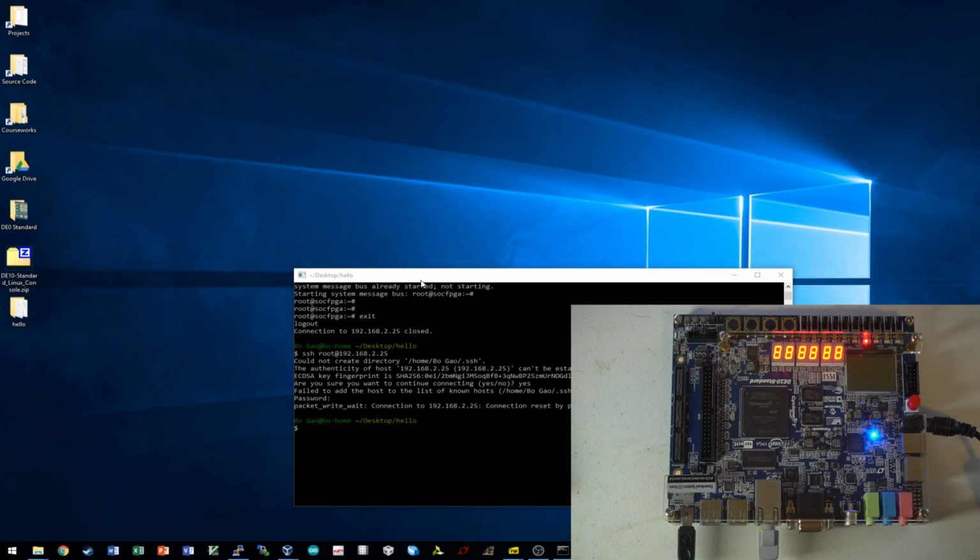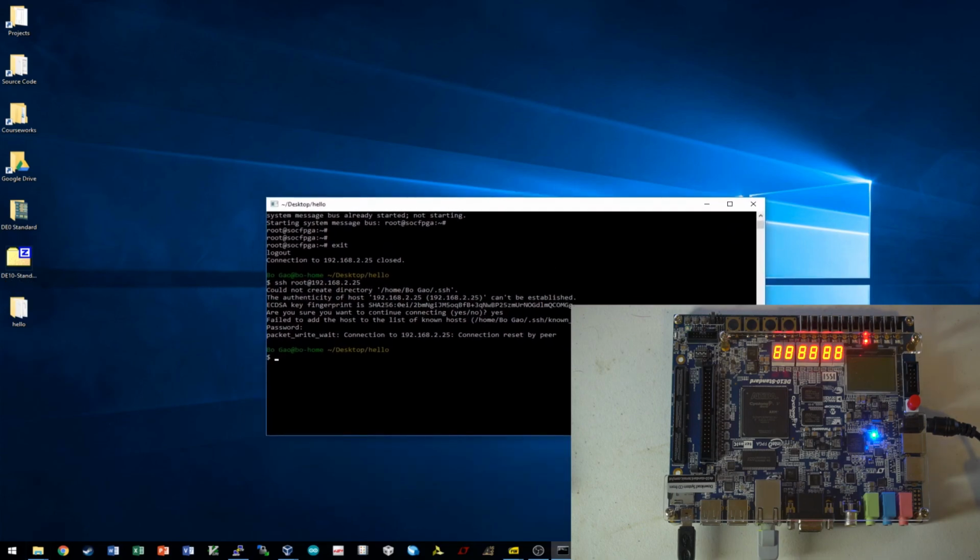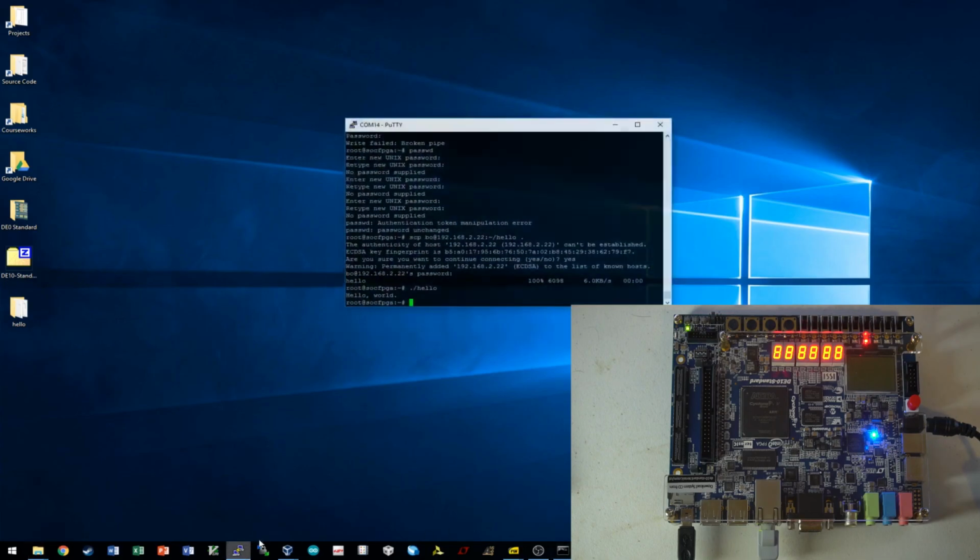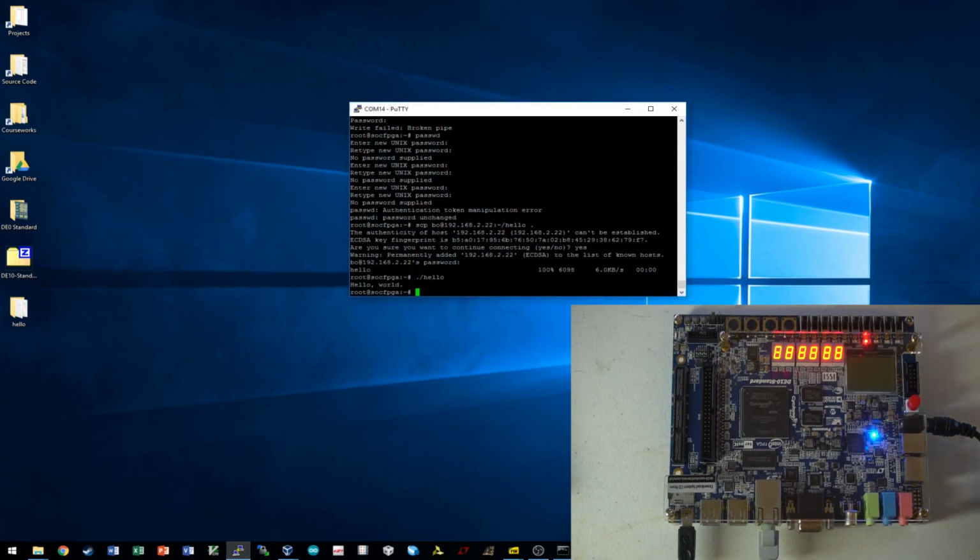And by the way, right now we have the FPGA configured. So how do we reconfigure? How do we dynamically reconfigure the FPGA? Well,